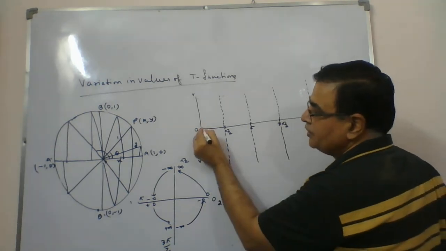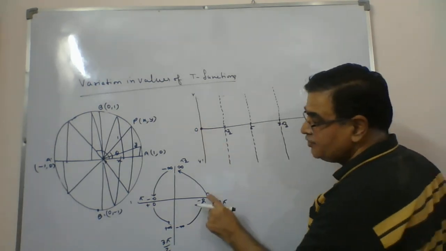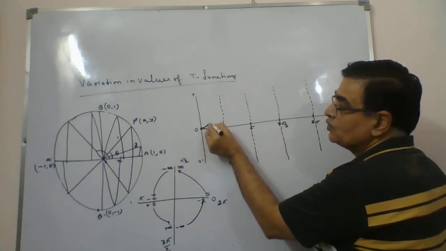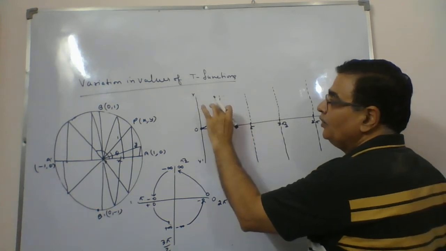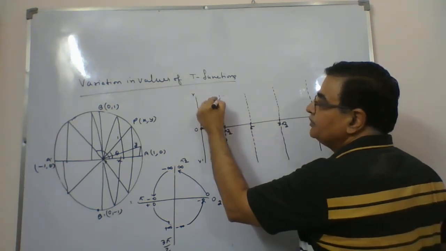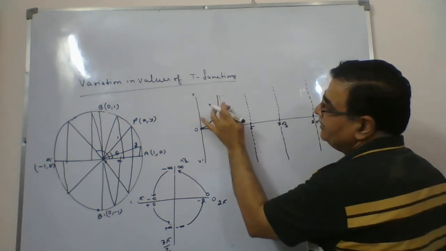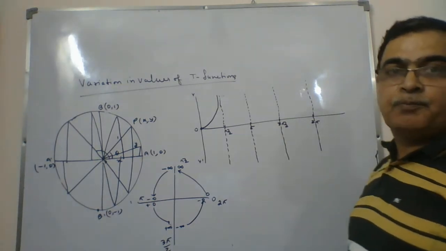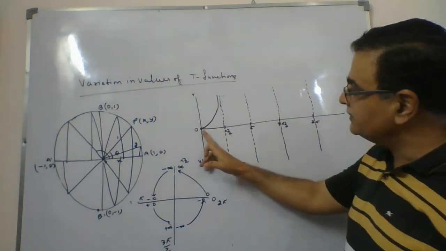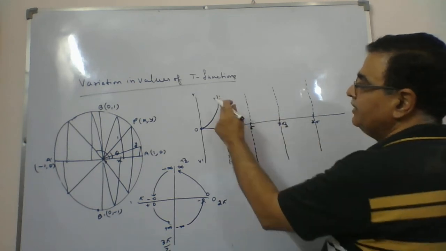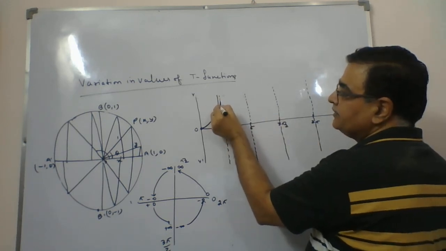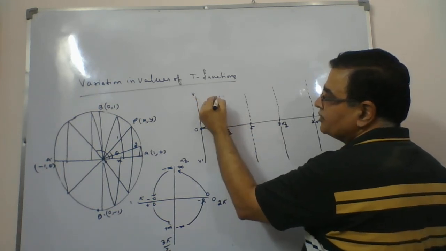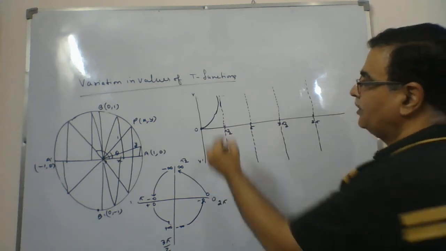First it will start from 0. At 0 it's 0. As you go towards pi by 2, your value goes towards infinity. This value goes higher and higher and it becomes parallel to this dotted line. The dotted line is indicating that it is becoming parallel, meaning it is going to meet at plus infinity. So this curve will start this way, and ultimately when you reach this point, this line will become parallel to it, or we will say it is not going to touch it. This type of curve we are going to have.